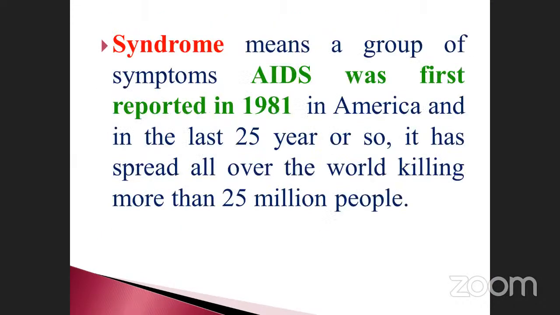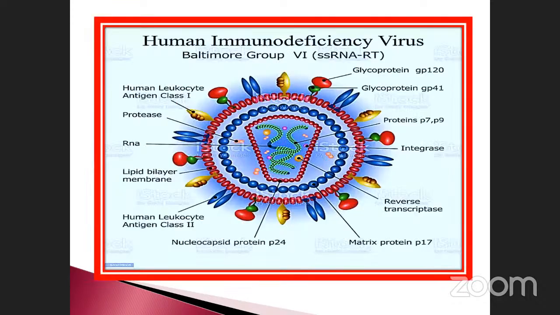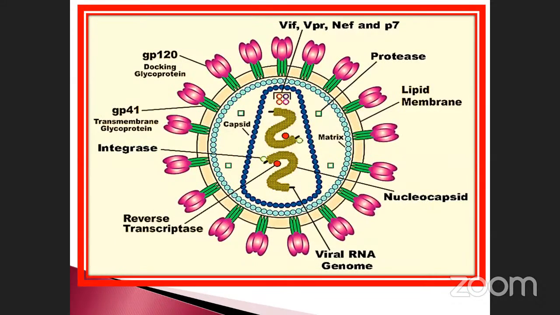Okay, who discovered it first? How many people are affected? And then what are the structures already in our report? See here, this is called a retrovirus. It has two types of protein molecules. The upper hook-like structure is called glycoprotein 120, and below there is a needle-like structure called glycoprotein 41. On the inner side, the bilipid layer is also present, and then the capsid is also present.